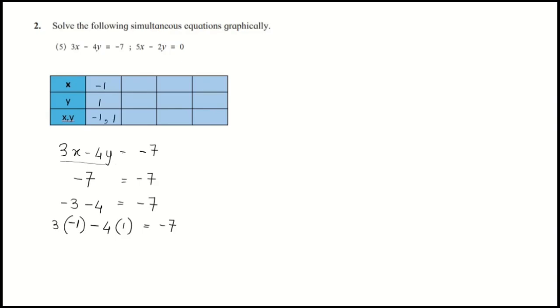Searching for another point, write down the equation 3x minus 4y is equal to minus 7. We need to get such points where after solving this, we get the answer as minus 7. So how can we write this minus 7 in the form of this equation? We need to get the points first. If we take 10 minus 3, we will get positive 7, but we need minus 7. So if we take minus 10 and plus 3, minus into plus is minus, 10 minus 3 is 7, and the sign of the bigger number will be minus, so minus 7. So this is the correct one.